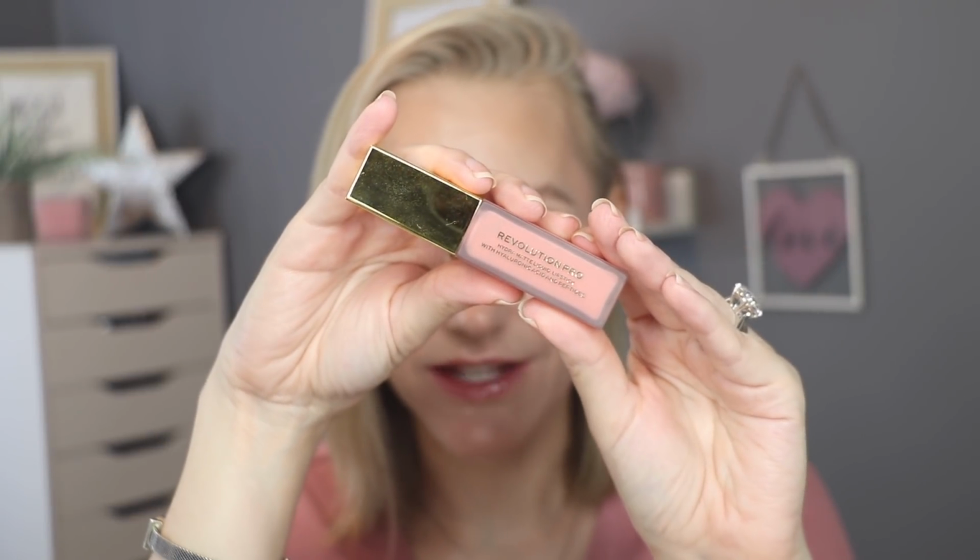Okay, this next fail is absolutely awful. Absolutely awful. It's by Revolution Pro, and it's the Hydra Matte Liquid Lipstick. Now, I did say I was going to try this out in a different video when I did my full face of New Revolution. I'm really pleased that I didn't try this out on camera, because my face would have been a picture. When I tried this out, I went,